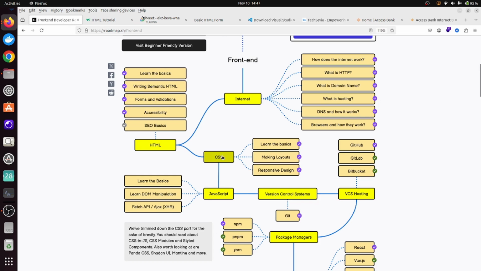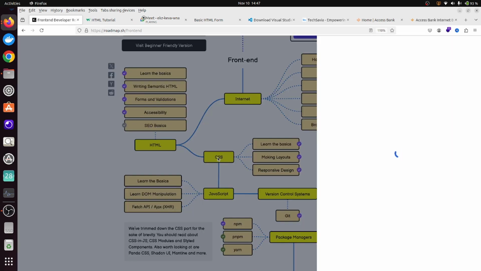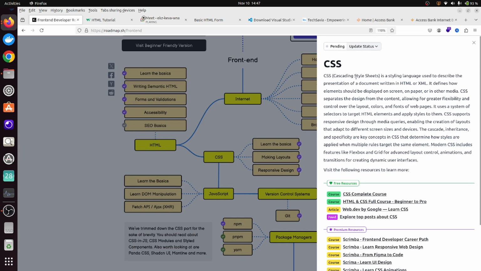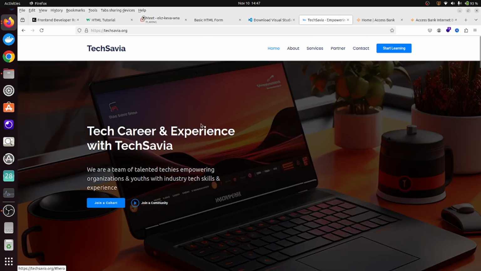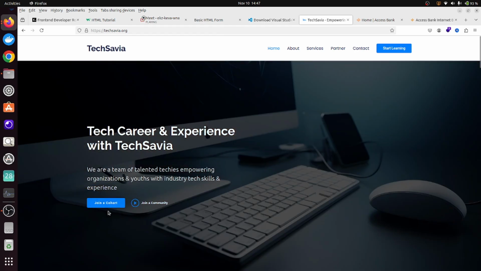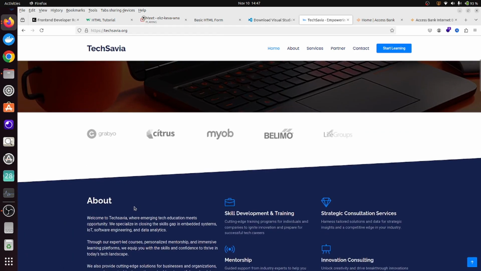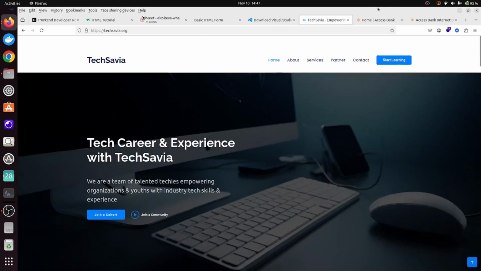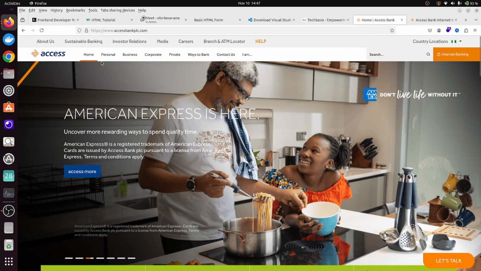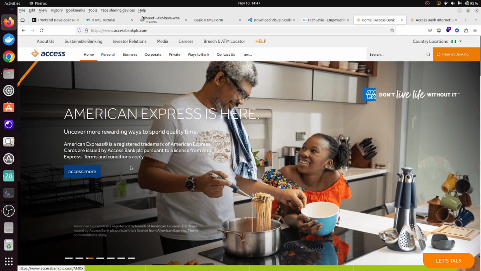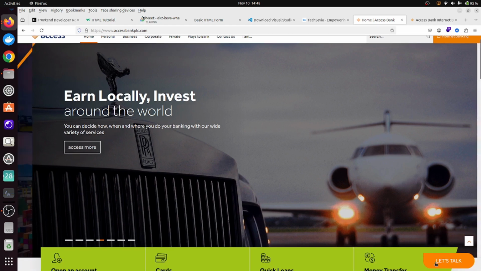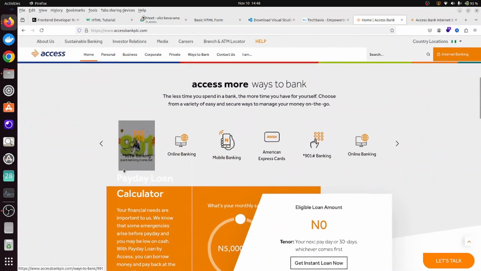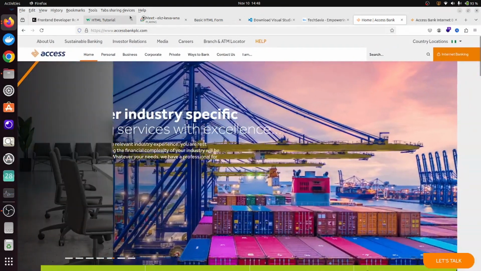Now the second part is CSS. CSS stands for cascading style sheets. So now if you come to this website, you can see that the color of this button is blue, while we have different colors on the website. Let's say this is Access Bank, for instance. You can see that some text have, I'm not sure of this color, it is like orange. So let's say this one, you can see different colors. So the function of